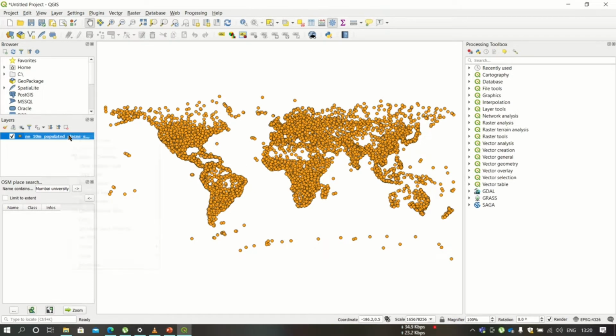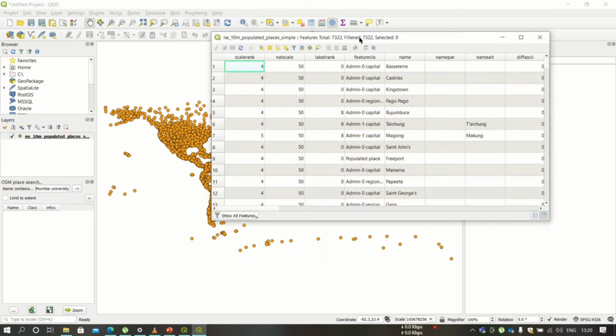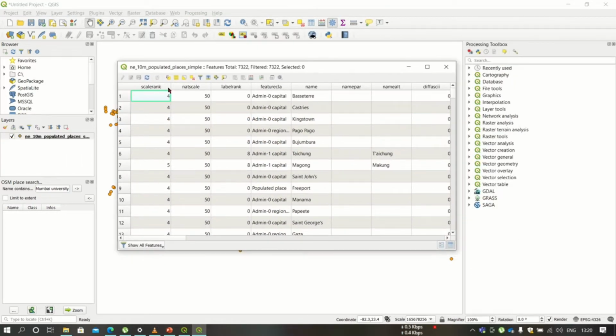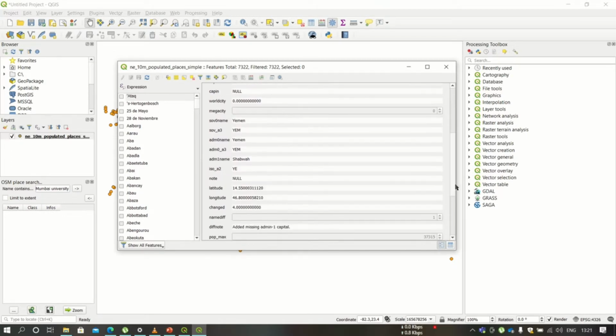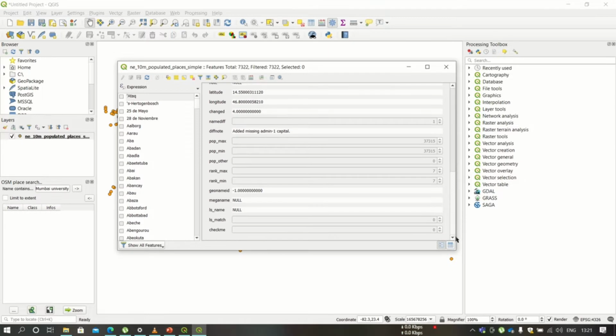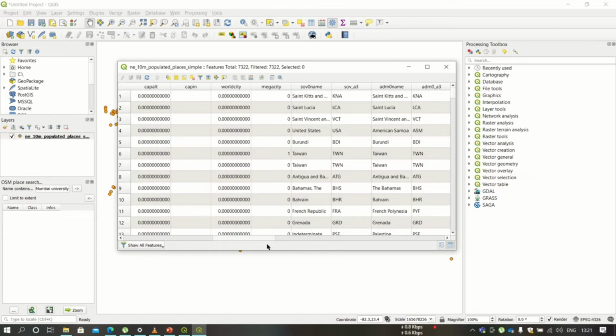Now right click on layer in layer panel and open attribute table. Here you can explore various attributes and their values in the attribute table. These are the two different views of attribute table. You can check all the attributes written over here as a schema, and by clicking on the other view here you will get to see all the values of these attributes.